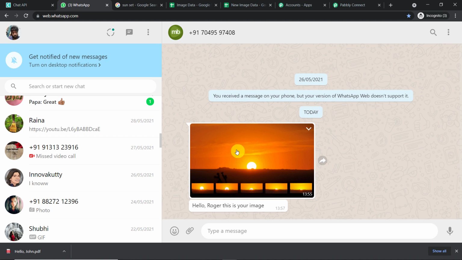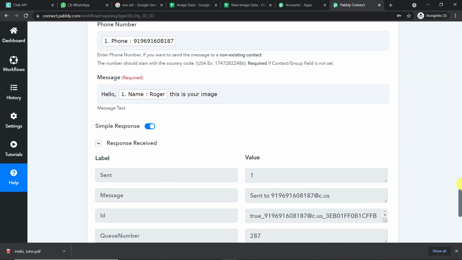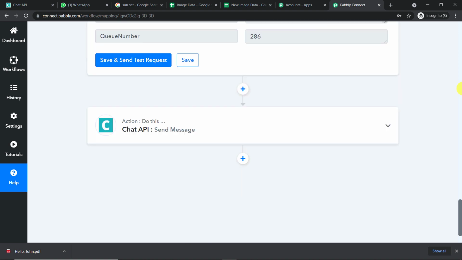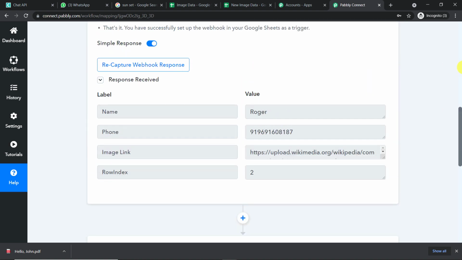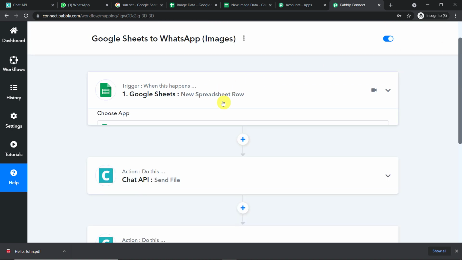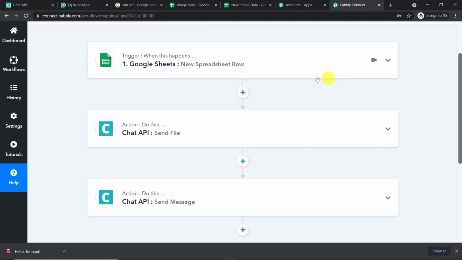Now, before you leave, let me just explain you the whole mechanism in a nutshell. So here I'm just going to minimize all my windows one by one. So I have minimized my action window, and I have minimized this action window, and I have minimized the trigger window. So basically this is the whole process in a nutshell. First you integrated Google Sheets to Pabbly Connect, and then you have made sure using Chat API you have sent the image, and after that you have composed a message, and then all same thing happened. You just basically send this message. So now there's a perfect flow of data between Google Sheets, Chat API, and WhatsApp.